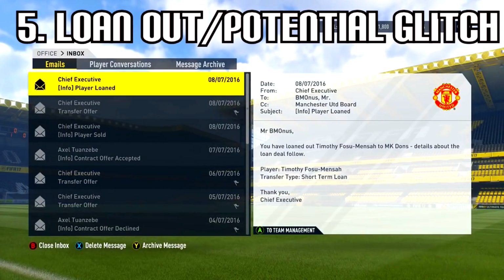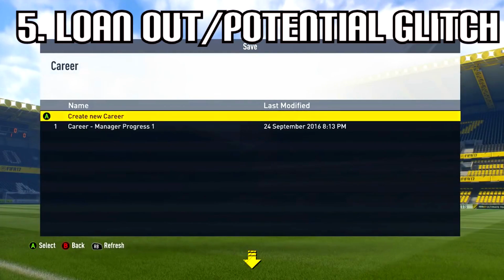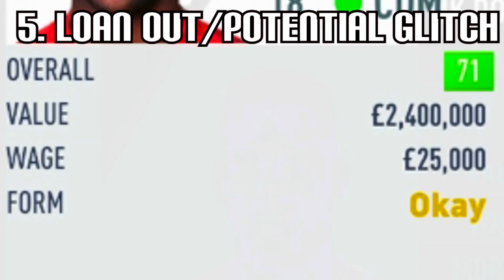It only works really well on players under the age of 23. You go ahead and put them on the loan list. Now, once he goes out on loan, you want to go ahead and save your game. This is vital. Now, once you've done that, you go ahead and you recall that player, and you need to